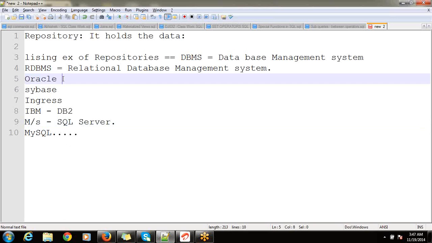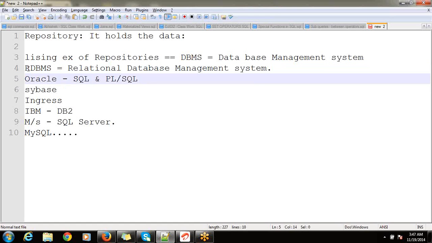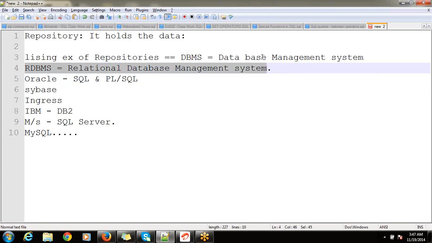Oracle has SQL and PL/SQL, that is the programming language or procedural language we say. So this RDBMS, Relational Database Management System, is the repository where the data about the employees or doctors or customers or users of Facebook, all of these are stored. So the data is stored in a repository. Now that data can be manipulated by using